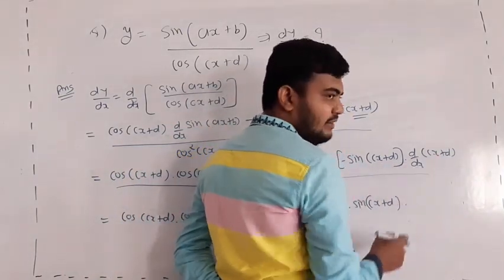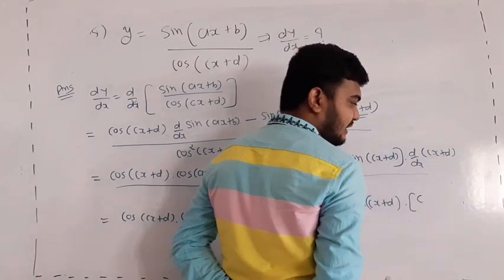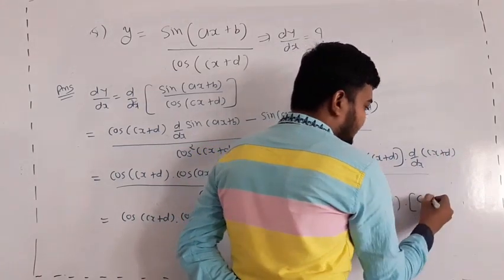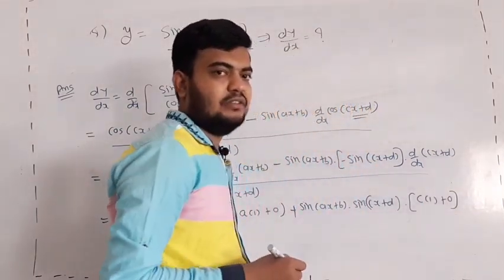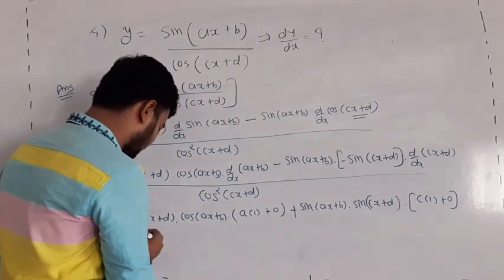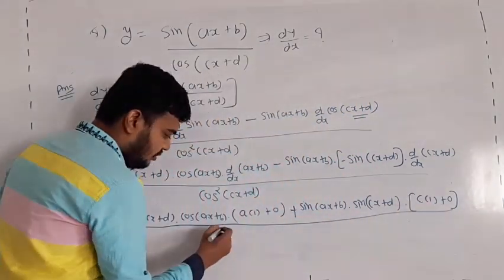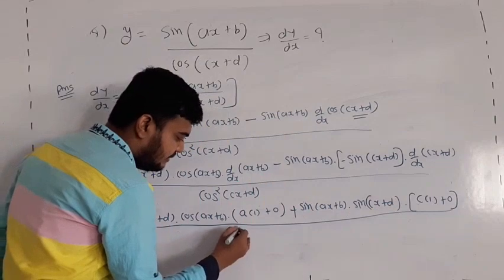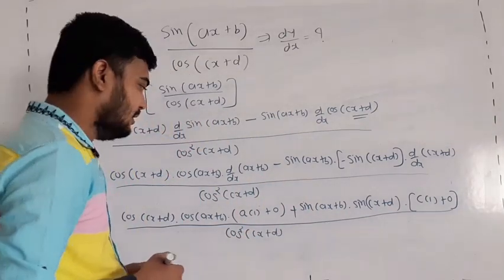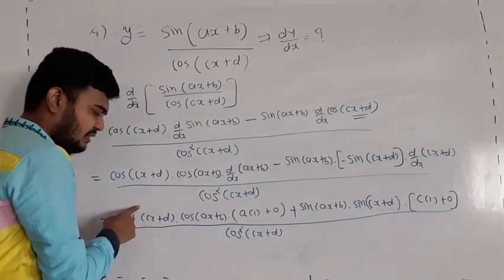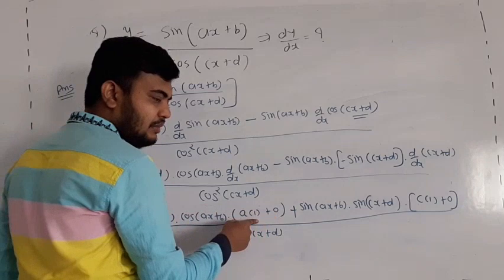So we take the derivative separately of this function. So c is in multiplication, so c as it is, and derivative of x is 1 plus d is constant. So derivative of constant term is 0, and all things divided by cos square of cx plus d. Okay, so last step is what, beta? So here this term as it is into this term as it is, and a plus 0 becomes a.